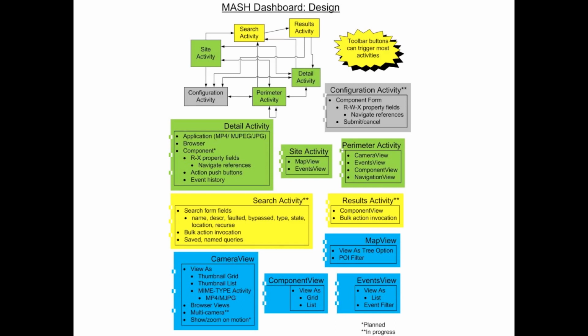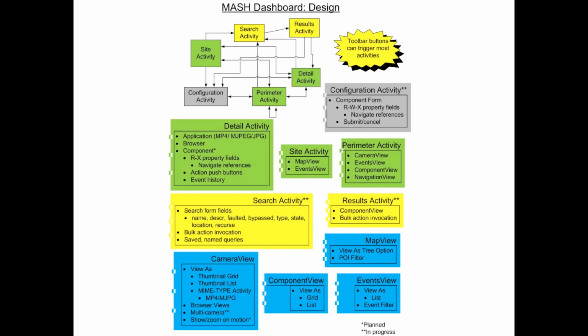A site activity drills down into a perimeter activity that gets us from a map down into whatever your containment strategy is: building, floor, room sort of a level. The configuration activity, which is still a work in progress, will bring up a basic detail form, allowing you to edit the component as appropriate. And you could also possibly navigate references to other components, although I'll probably just leave that for